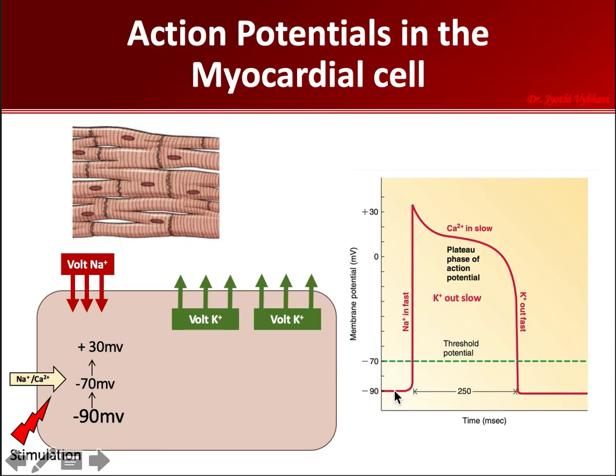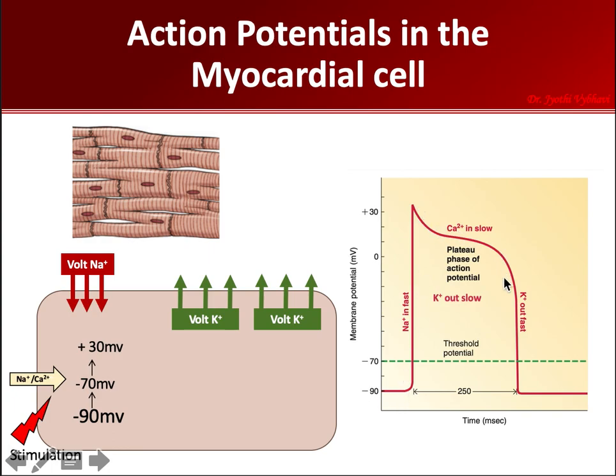What you have to remember is that when the cell is resting, it is called a polarized state. When the cell is losing its negativity and becoming more and more positive, it is called a depolarized state. And this phase is a plateau phase. And when it is again gaining back its negativity, losing its positivity and becoming negative, it is called the repolarization state. So here we have repolarization, depolarization, polarized state, and plateau phase.